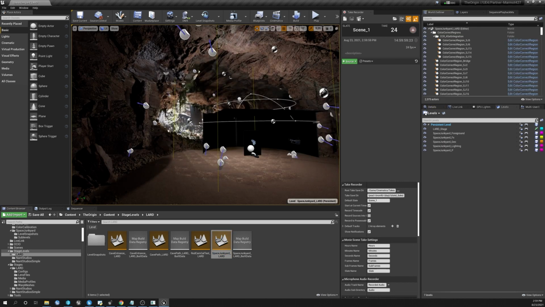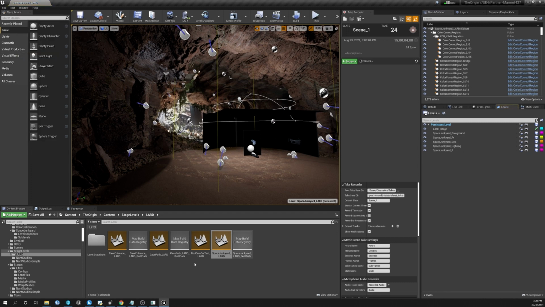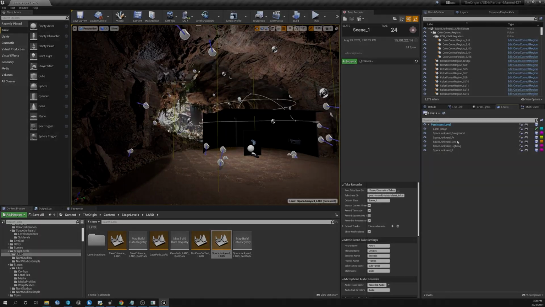Navigate to the Levels browser by going to Windows, Levels, and then we'll simply add in our LAR&D stage, which you can see is already added here. An important thing to note is that this stage needs to be made into always loaded. So we'll go to Change Streaming Method, and from Blueprint, make sure it's always loaded. This ensures that when the level is launched on nDisplay, this level is loaded already, and we're able to begin moving right into the nDisplay process.